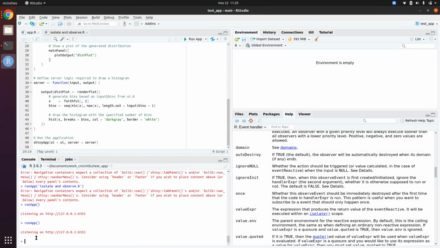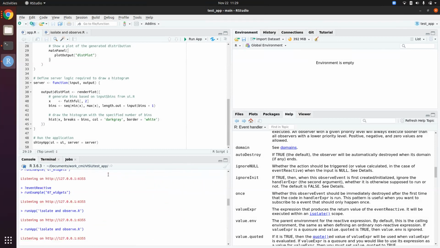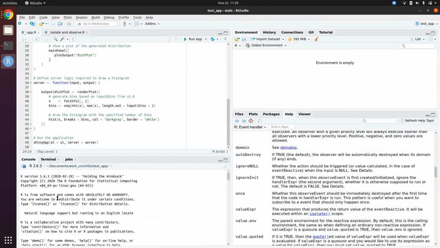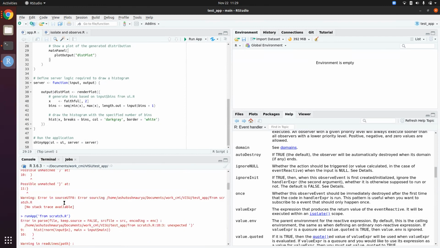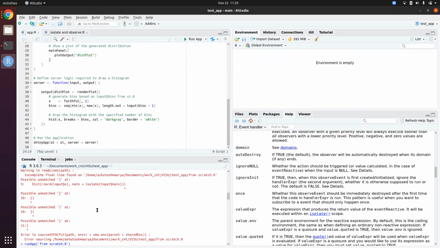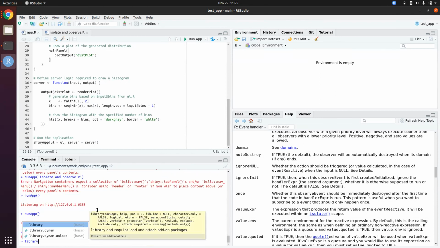What version of R are you using? It's just above the console, you can see. Okay, 3.6. So the updated R version is above 4, so it will be good if you update it. I mean, not right now. It will be better for you if you update it for yourself. Anyways, is the publish application not opening, right? No.